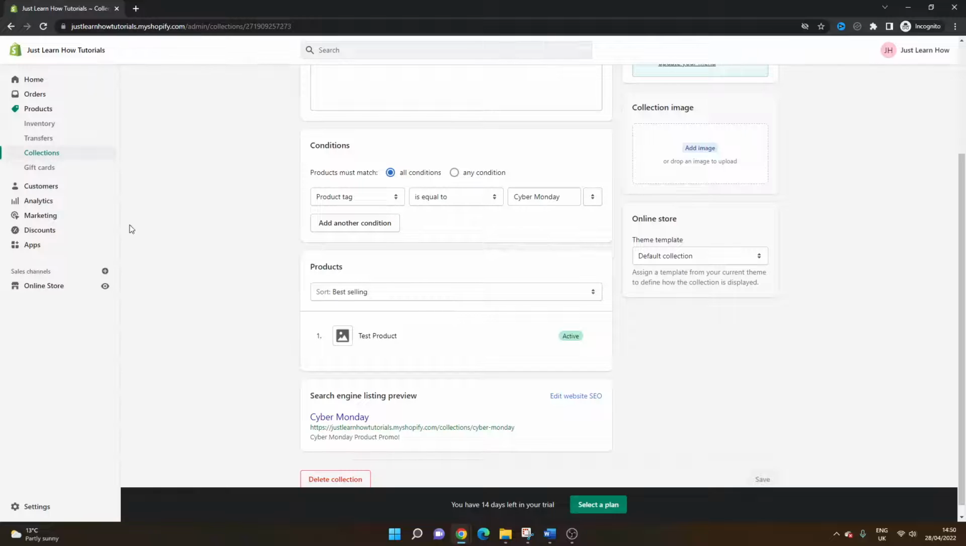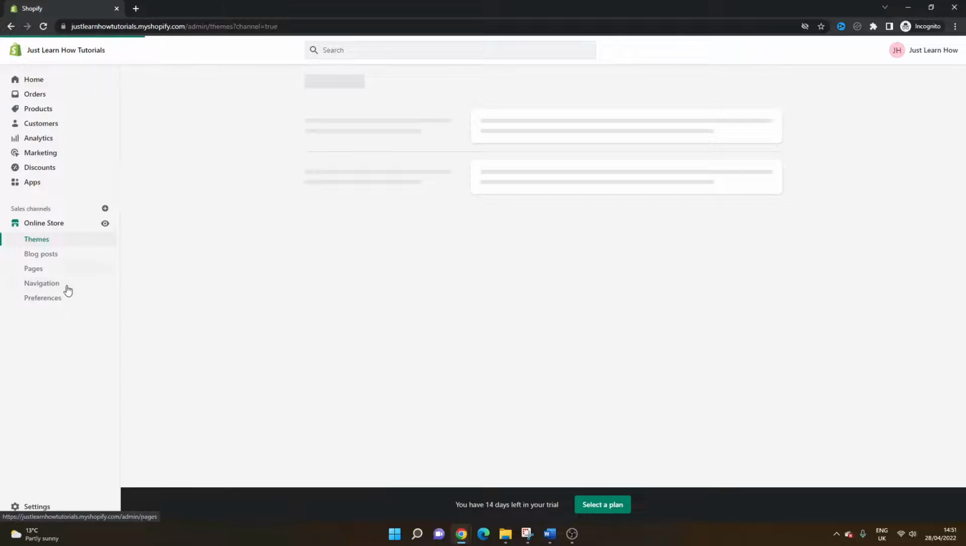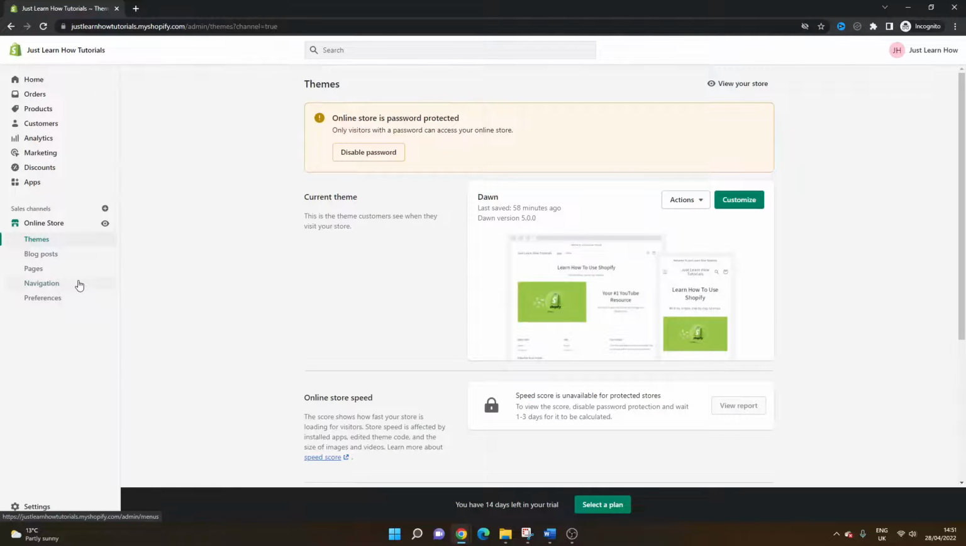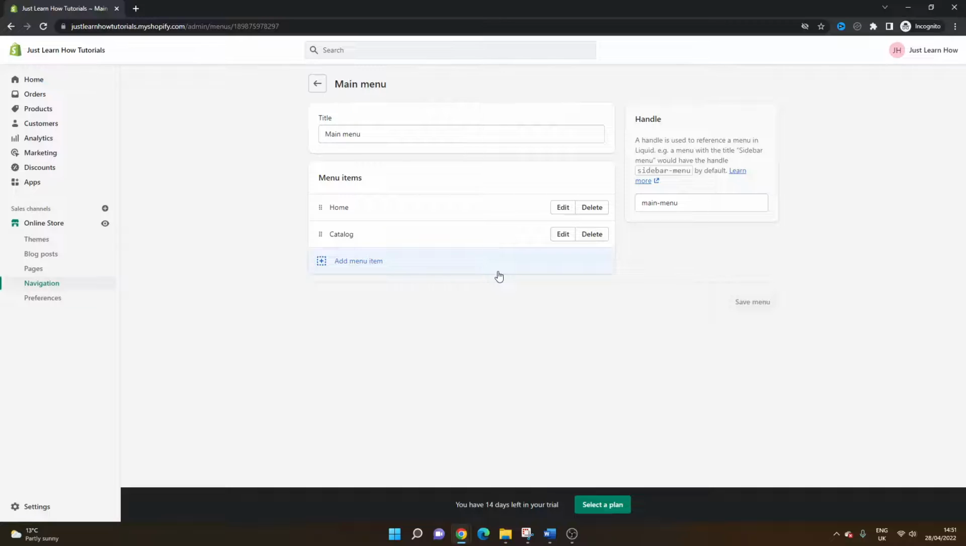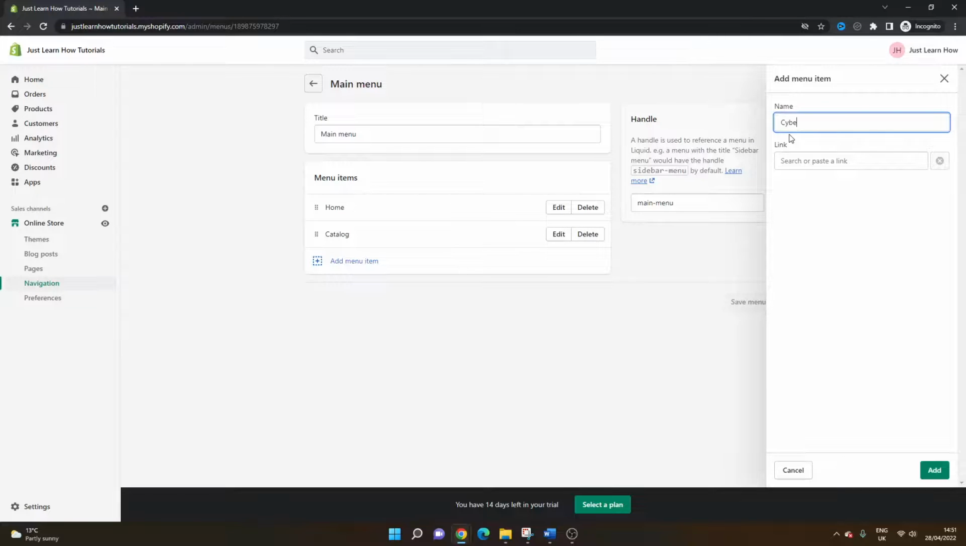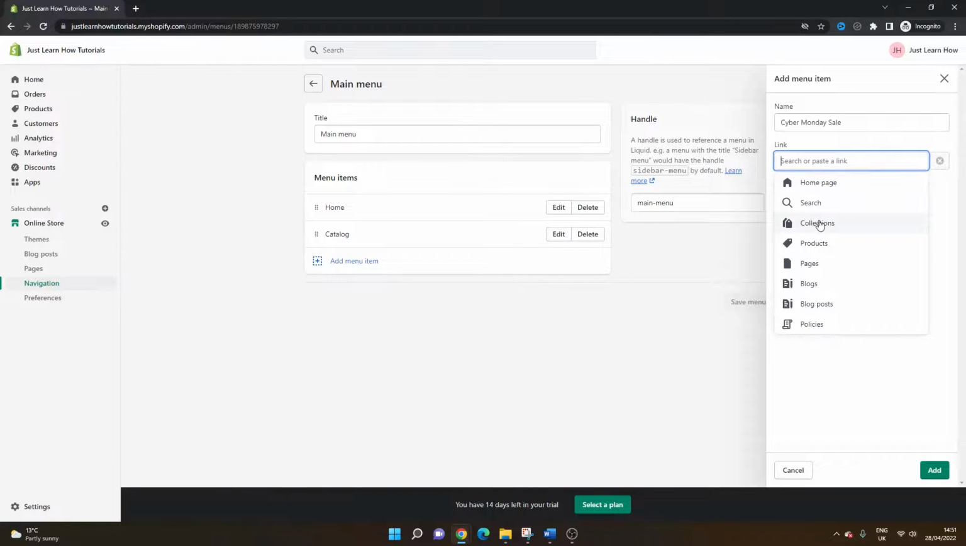But before we finish this video, I'm just going to show you one other thing that you might want to do. If I click online store and then click navigation, I'm going to add this collection to my menu to show you what it all looks like. So this is my main menu. At the top, the header menu, click add menu item. I'm going to call this Cyber Monday Sale. Now in the link, left click here, we want to add collections and set up Cyber Monday. Obviously you could do this with your own collections, it's just an example. But if I hit add,